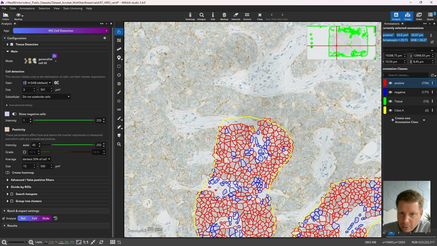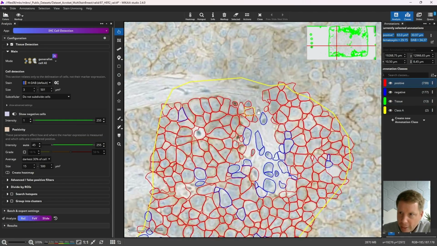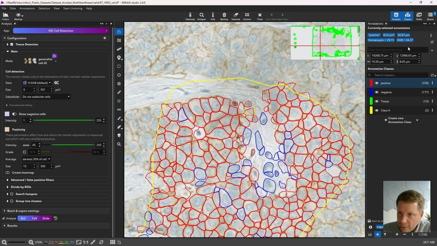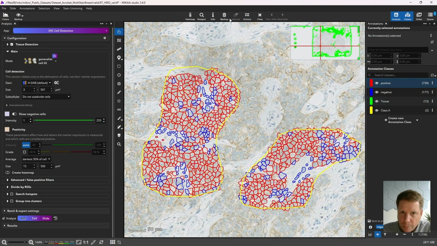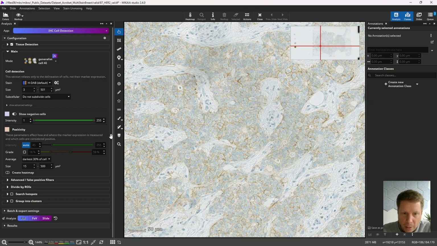You can use trial and error. So if we look here at a cell, click on it, then these attributes here are always related to the currently selected cell. So we can see here the hematoxylin intensity that's been measured and the DAB intensity, in a range from 0 to 255. That gives us a sense. But instead of starting with trial and error, what I would recommend is to use the automatic mode. And the automatic mode, if we use this for a second,